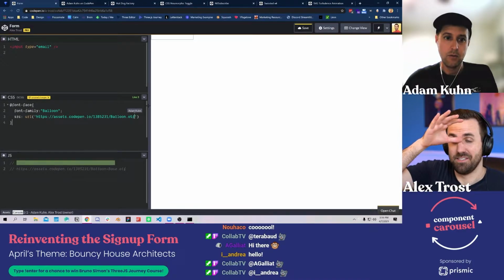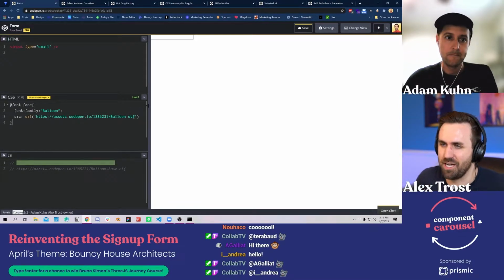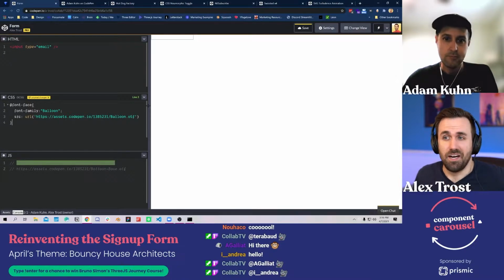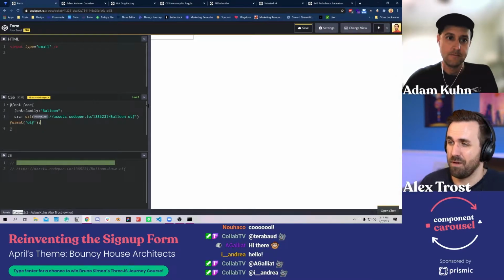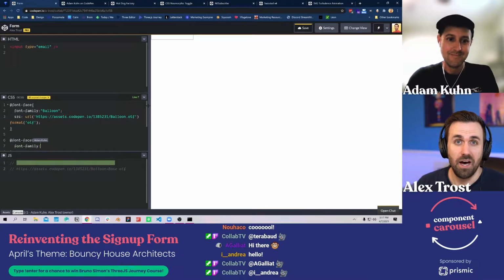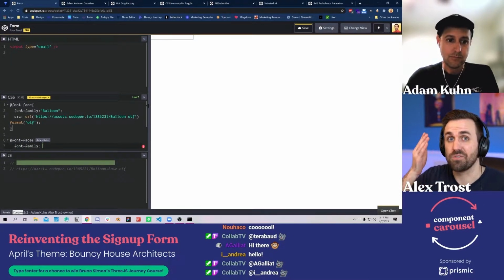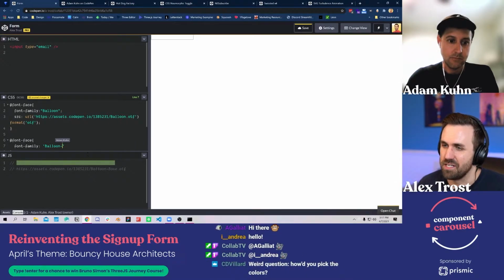I'll talk to chat while you keep going. I had some colors picked out and these balloon fonts picked out, so there's a little bit of upfront work we'll have to do here. This won't theoretically happen in the future, but we'll take a little bit of time during this next week to get this squared away. I know font face stuff isn't the most thrilling.